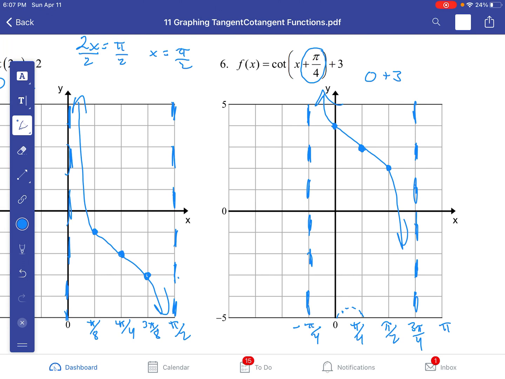All right, so please practice cotangent and tangent. These are the two that I think many people find the most difficult because they are a little bit different than the other 4 trig functions. So practice these. Ask questions if you need